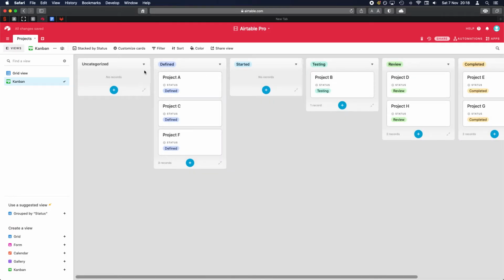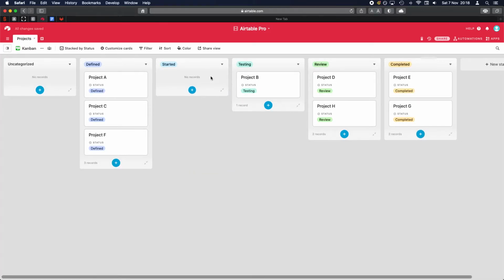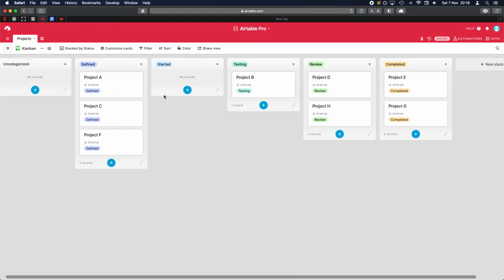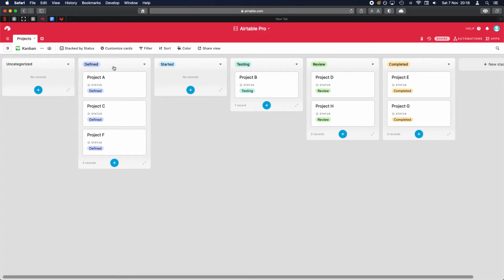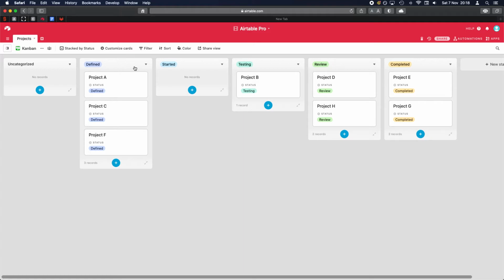Now as you can see, Airtable has split all of our records, or grouped all of our records based on their status. So we've got all our projects that are defined in this column: started, testing, review, and completed. Now this is so much easier to see the status of the projects,